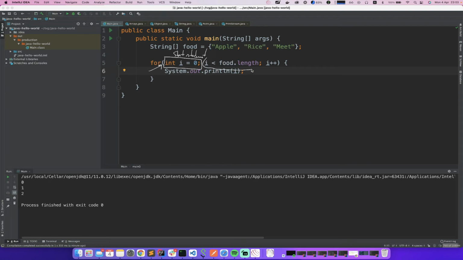Here you have another statement, and you know this returns true or returns false, right? So i starts with 0, so is 0 less than the length, which is 3? It's true, right? So it means that you will enter inside of this code because this is true. If it's true, it will execute the code. If it's false, it will exit the loop and execute the code outside. And then you have the